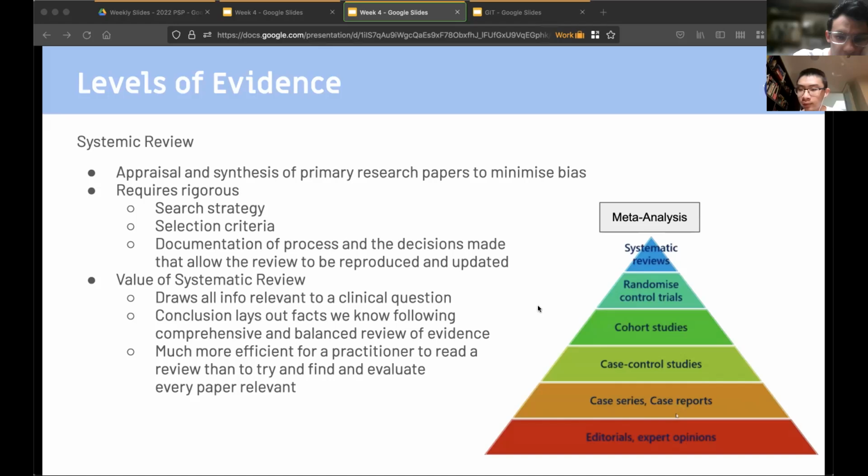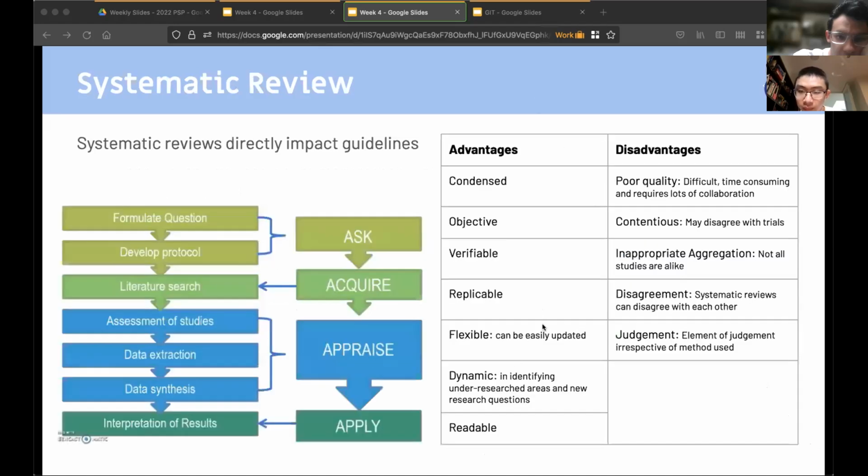randomized controlled trials. And on top of systematic reviews, you've got meta-analyses. So these are the facets of the systematic review: ask, acquire, appraise, apply. Those parts of EBM lead to: formulate question, develop protocol, literature search, assess the studies, data extraction, data synthesis, and then interpret it. The advantages are you get condensed, objective, verifiable, replicable information. It's flexible because you can easily update it, add a new study to the systematic review, and also dynamic because